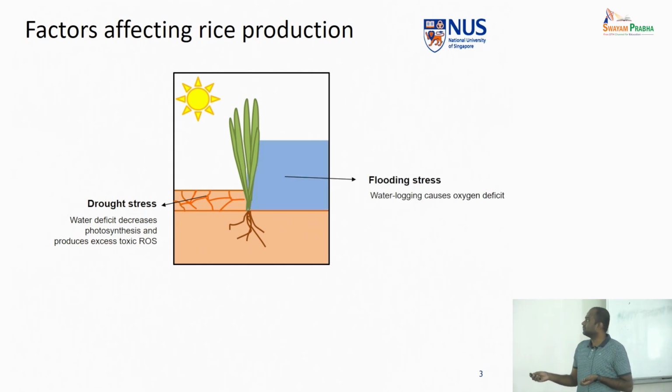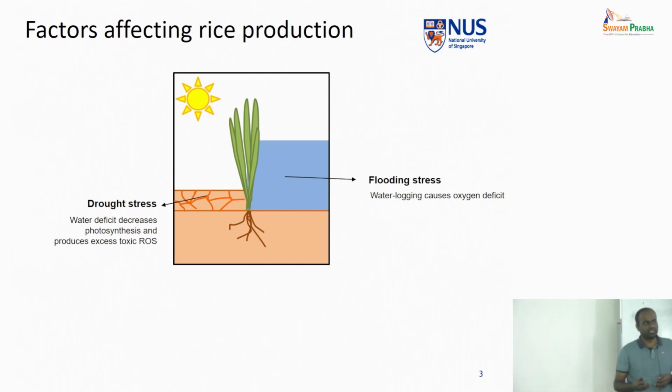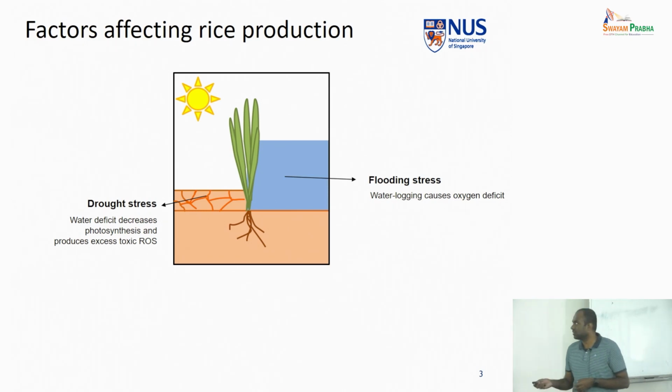At the other extreme, countries such as Southeast Asian countries, and even India, mostly southern India, also go through periods where rice plants will be submerged throughout. This causes flooding stress. How do plants experience flooding stress? When there is waterlogging, the ability to dissolve oxygen into the water is very low. The solubility of oxygen is very low. Because of that, the plants will not be able to get sufficient oxygen, and they will experience stress as well.